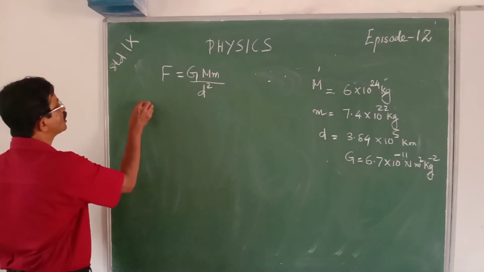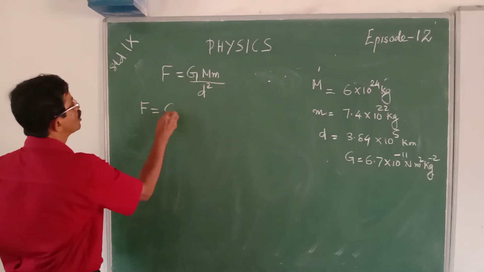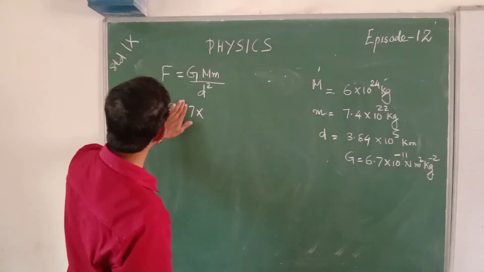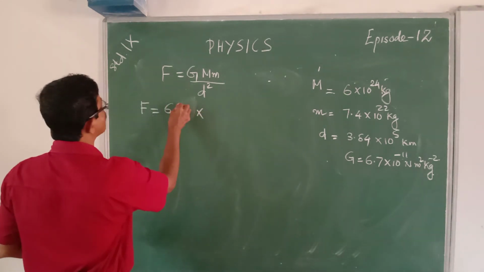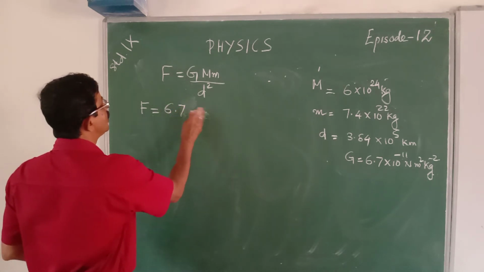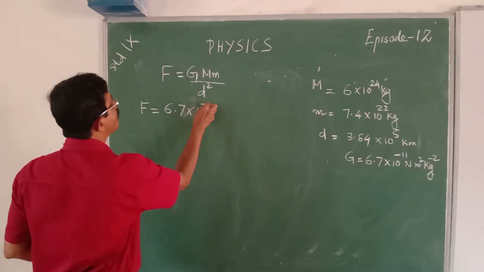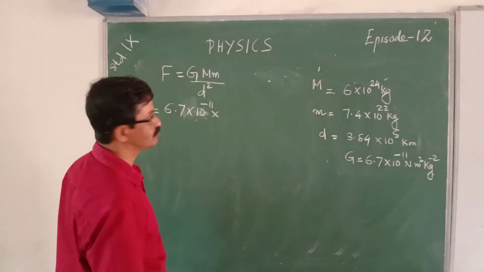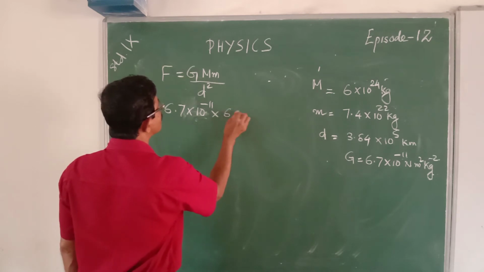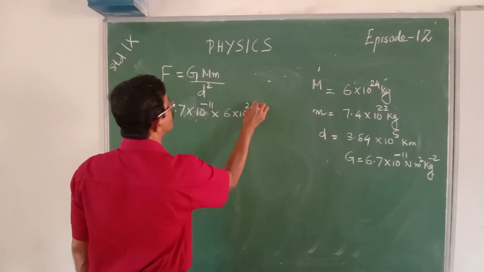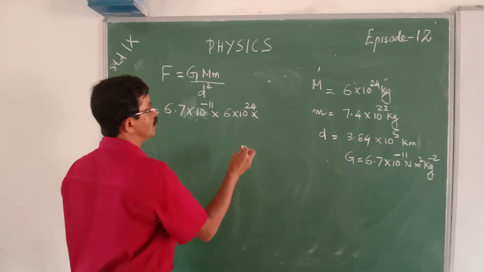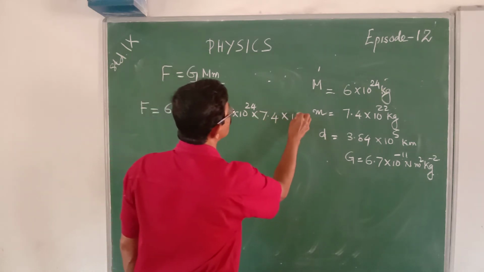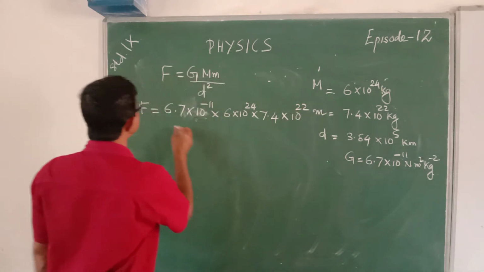That is F is equal to G, 6.67, here it is given as approximately 6.7, so we can take 6.7 into 10 raised to minus 11, into the mass of the earth, 6 into 10 raised to 24, into the mass of the moon, 7.4 into 10 raised to 22, divided by